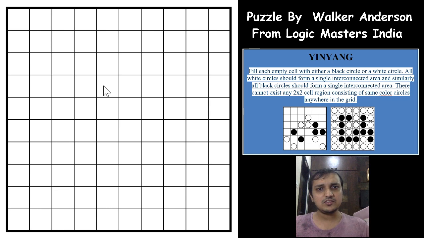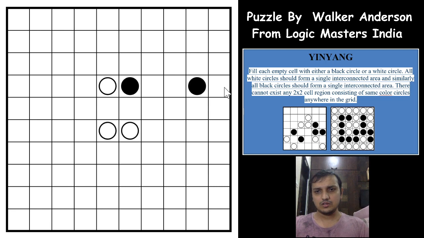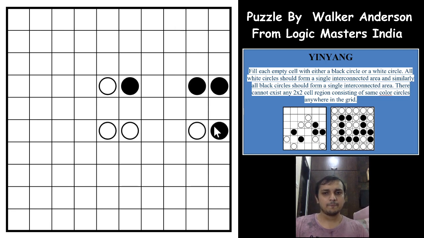One of the other tricks is one I came across while solving the yin yang puzzle. If at all you come across such situations, where you have two white circles and after leaving one of these cells you have one white circle and one black circle, or the reverse case, where you have two black circles and leaving two cells here, you have one white circle and one black circle, then for the white here you can automatically mark this as black, and for the black here you can automatically mark this as white.